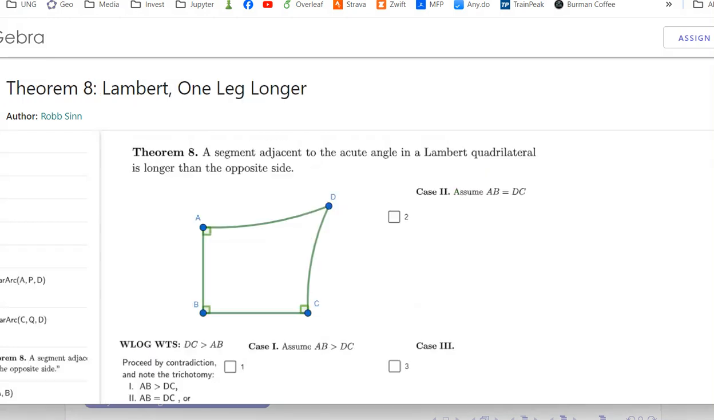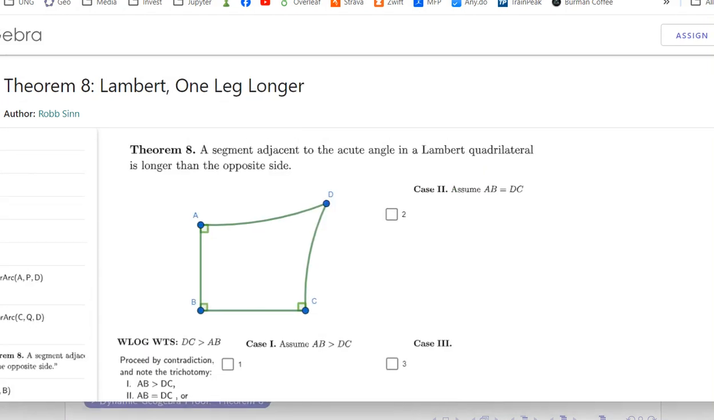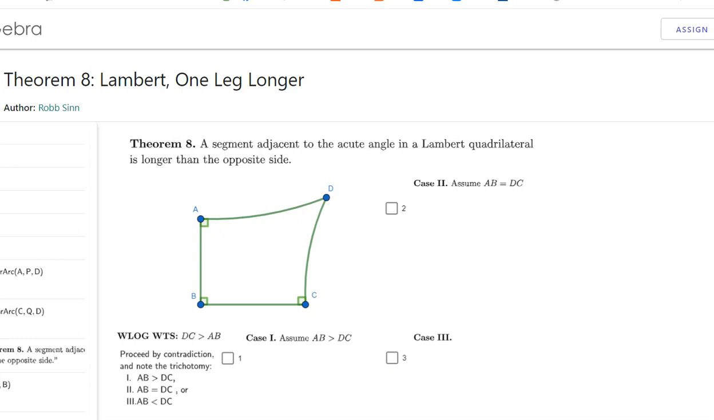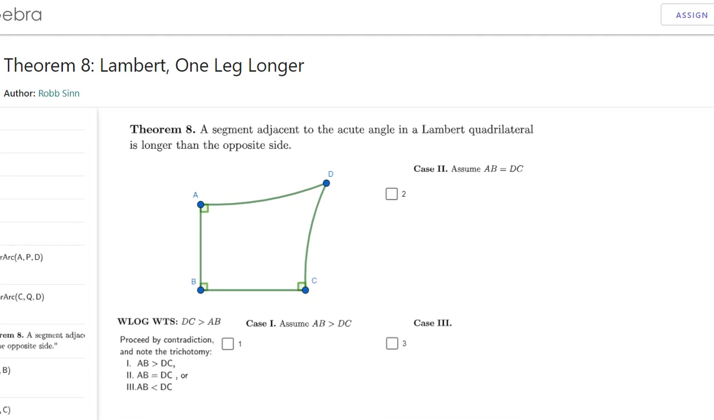And now that it's proven, I can do this. I'm trying to get as much space here as possible so you can see the whole proof. Okay, jumping back to the PowerPoint,